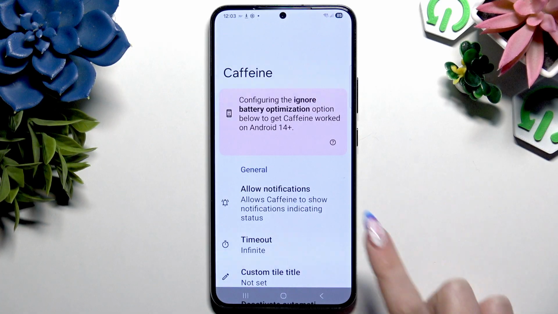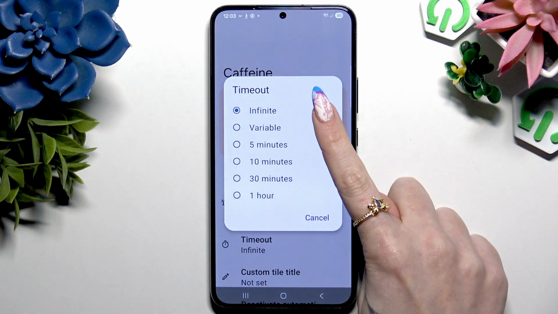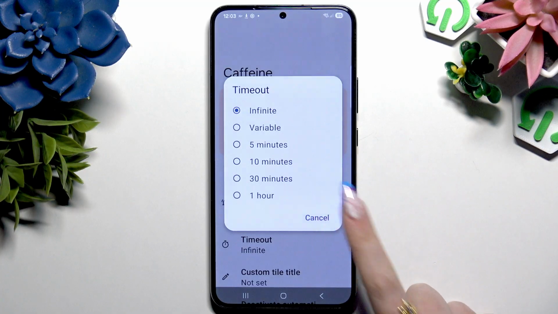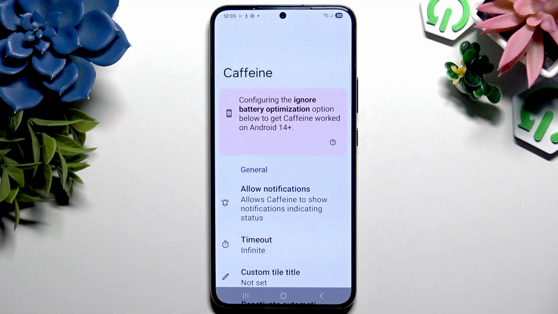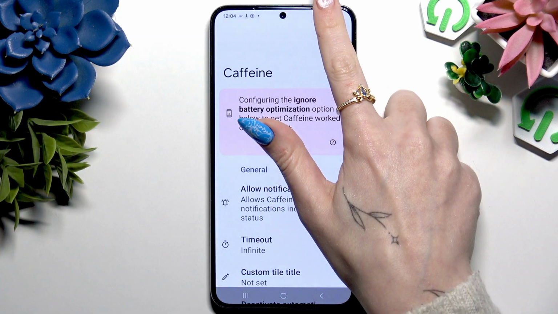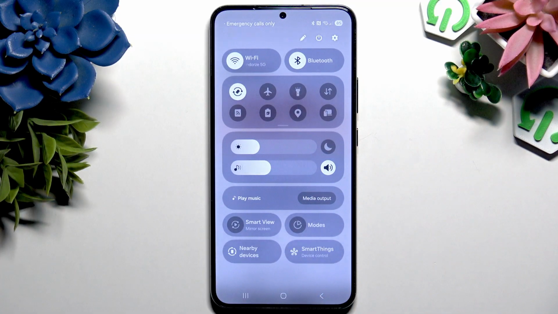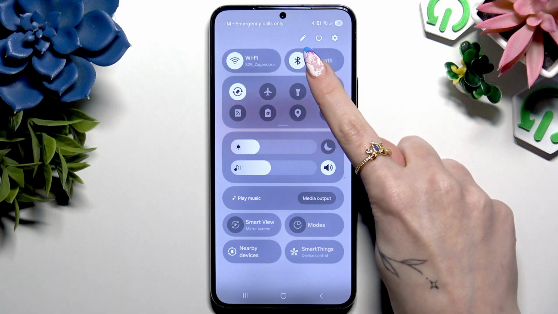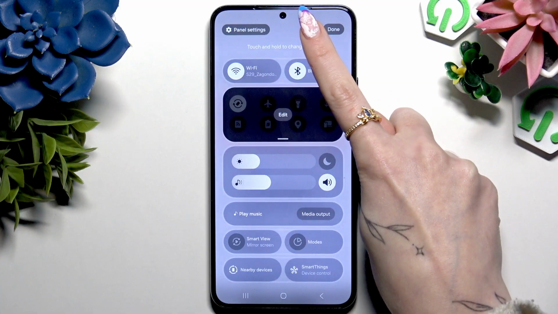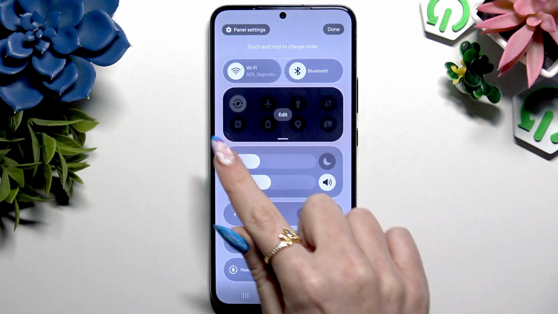Now you can tap on Timeout to make sure Infinite is on, and when you're done, go into Tap menu. To do that, swipe down from the top right corner of your screen. Then click on pen icon at the top right corner. Now select Edit,